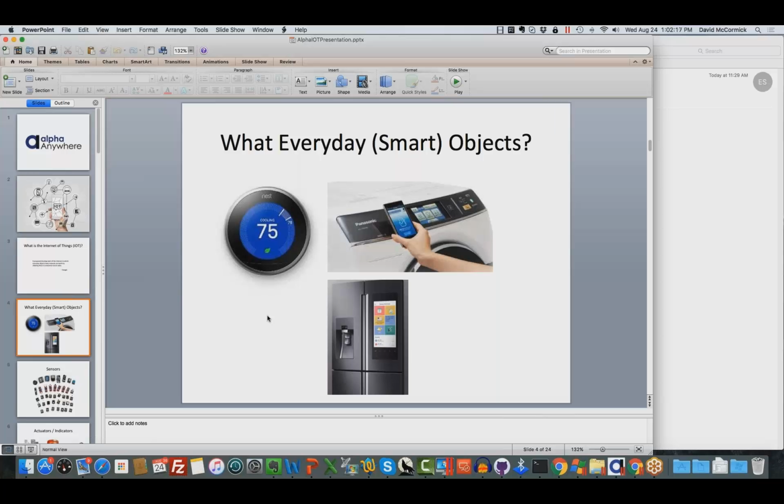It goes back to a centralized server where it gets processed and actually sent back to the thermostat in your home. Likewise, some of the newer objects are washing machines that can let you know, among other things, whether or not the load is complete, so you know it's time to put it into the dryer, as well as refrigerators that have built-in smart screens that can tell you, for example, whether or not you're out of milk and display your schedule.